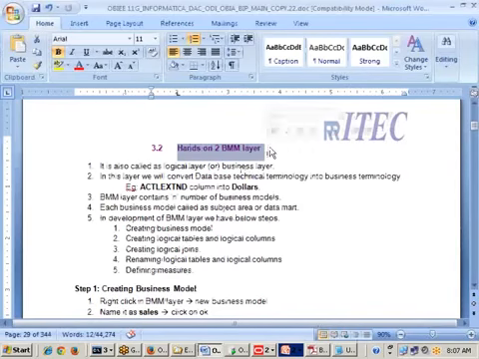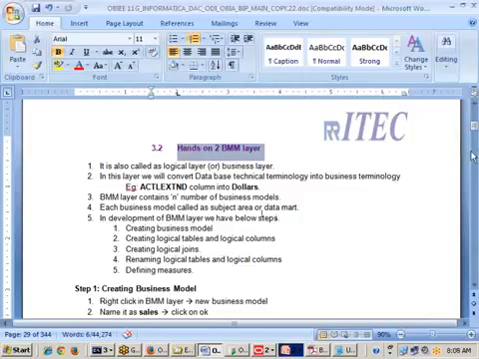Now next is what, sir? Hands-on to BMM layer. With this I completed hands-on 1, the physical layer. From 3 classes we are learning that one. Now whenever I say I completed one hands-on, what you need to do is, number one,